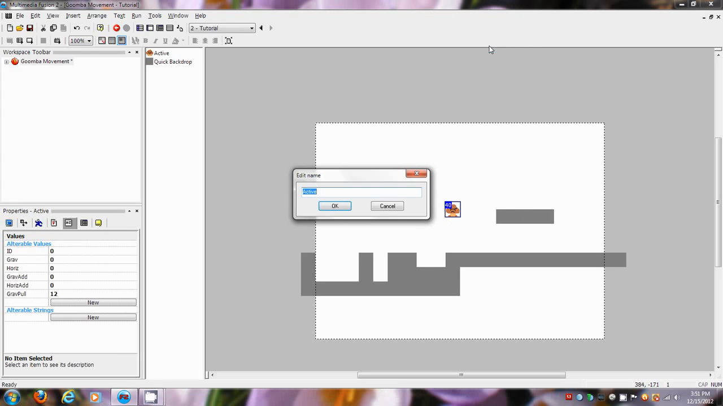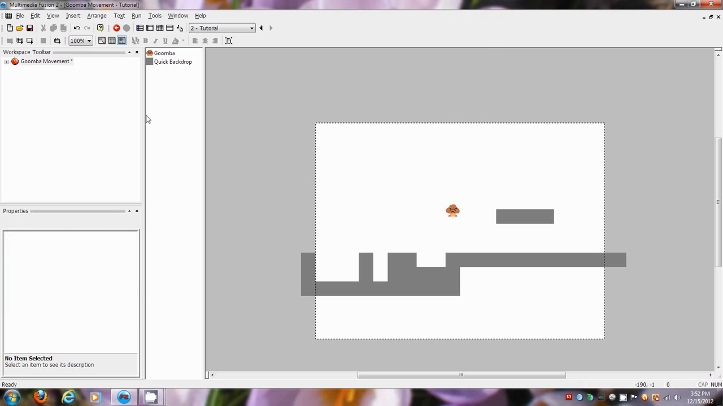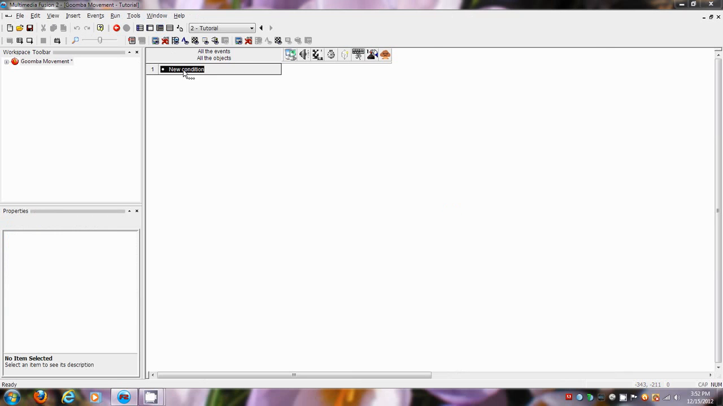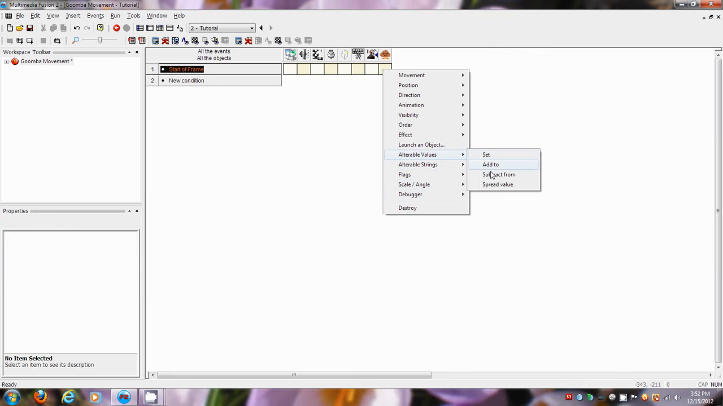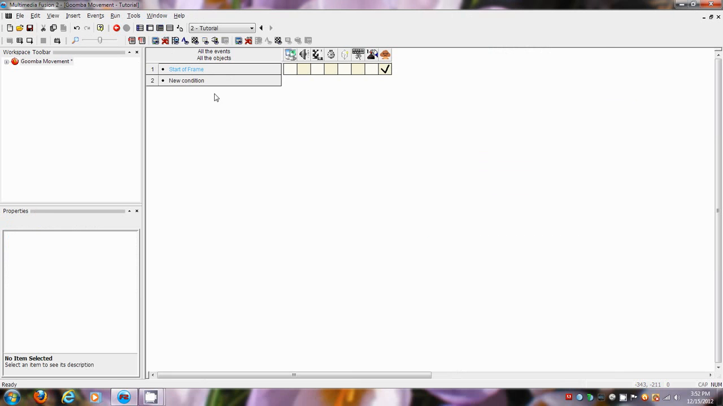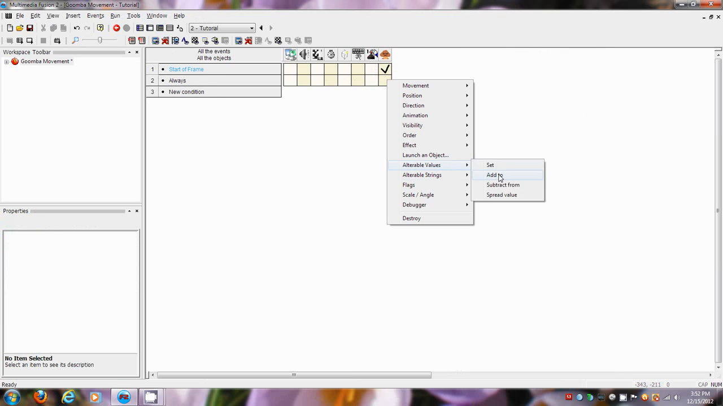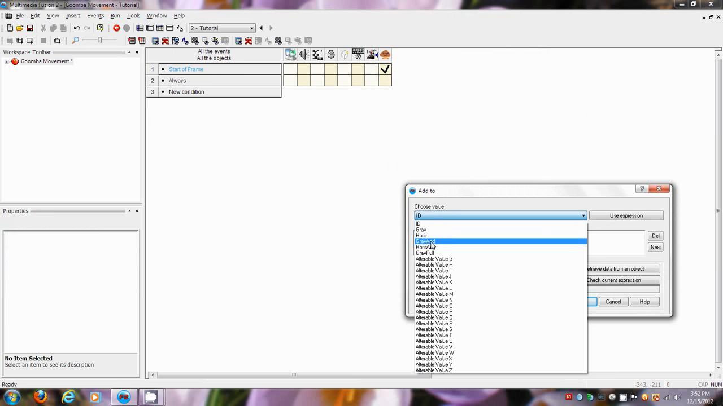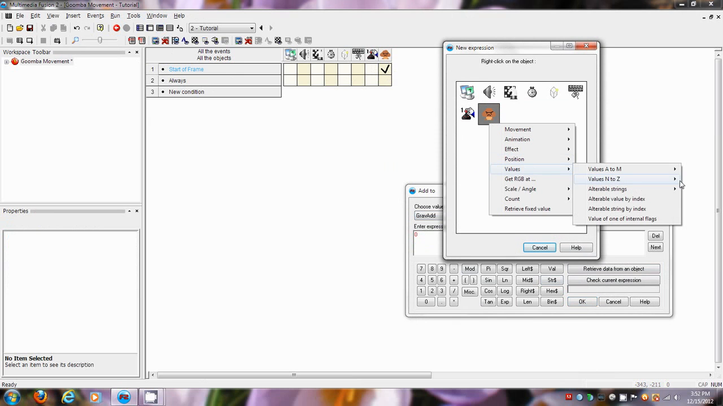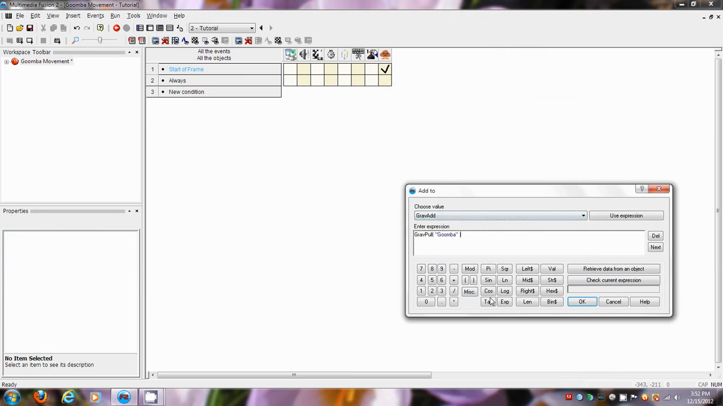Okay. So we are ready to start coding, believe it or not. So there's your Goomba. Go in here and for start, put start of frame, set value 0 to ID. There you go. That's your first thing. Event number 2, say always. Add to grav add. I'm going to add the grav pull times